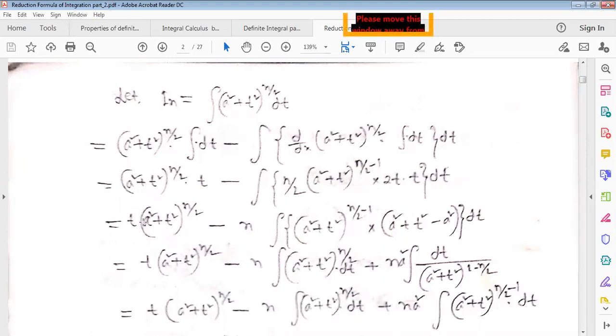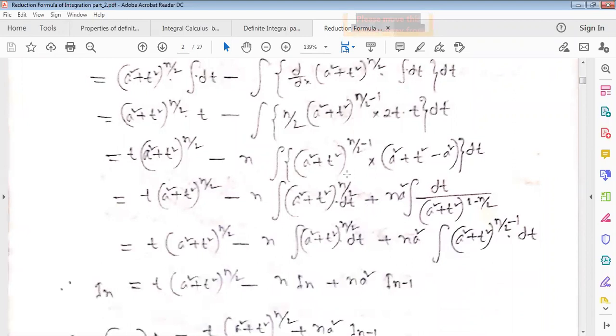Now t into a square plus t square whole to the power n by 2, minus n into integration of a square plus t square to the power n by 2 minus 1. This can be written as what? 2t square. 2 cancel, 2 cancel, right? And this t square can be written as a square plus t square minus a square, just for distributing this. A square plus t square into this equals a square plus t square to the power n by 2 only, right? This power 1 cancels, this is why only n by 2,